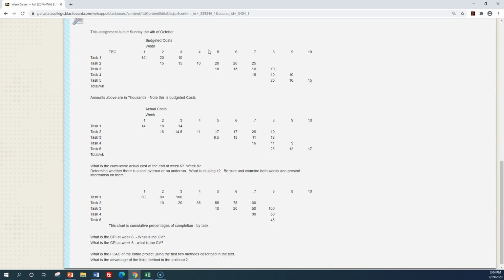So here's where I'm going to tell you something interesting. Notice I have actual costs in here. Ignore those, because I put them in so you could see what your predicted actual costs were compared to what the actual costs were. So when you're building your FCAC, you don't know these values here. But you'll be able to use them later as a check value to see if you're in that range.